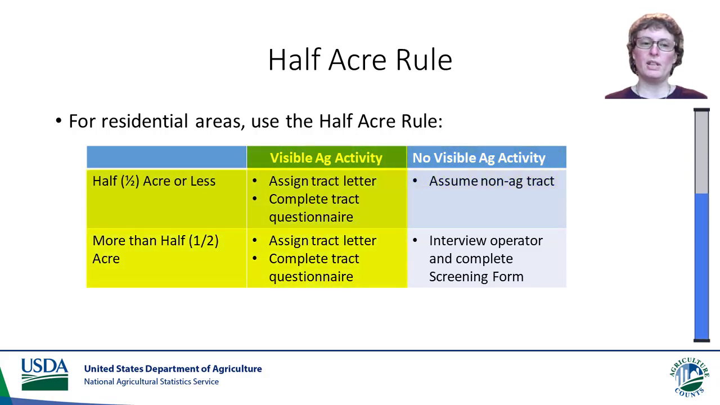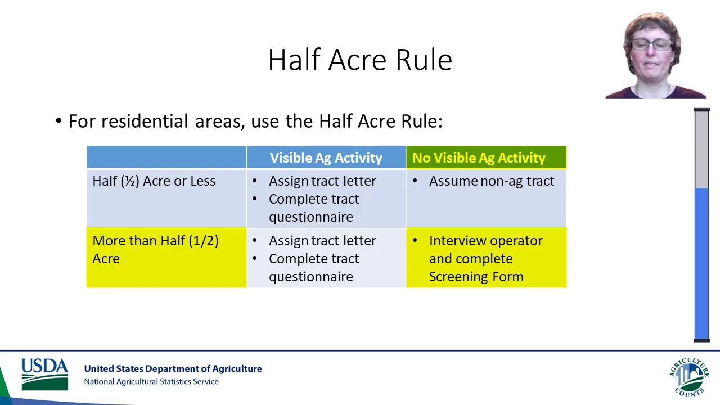If you have visible signs of ag activity, then screening should occur no matter the size of the lot. Ag activity could include livestock, such as horses, chickens, or bees. For residential parcels over 1/2 acre, with no visible ag activity present, you should still interview the operator using the